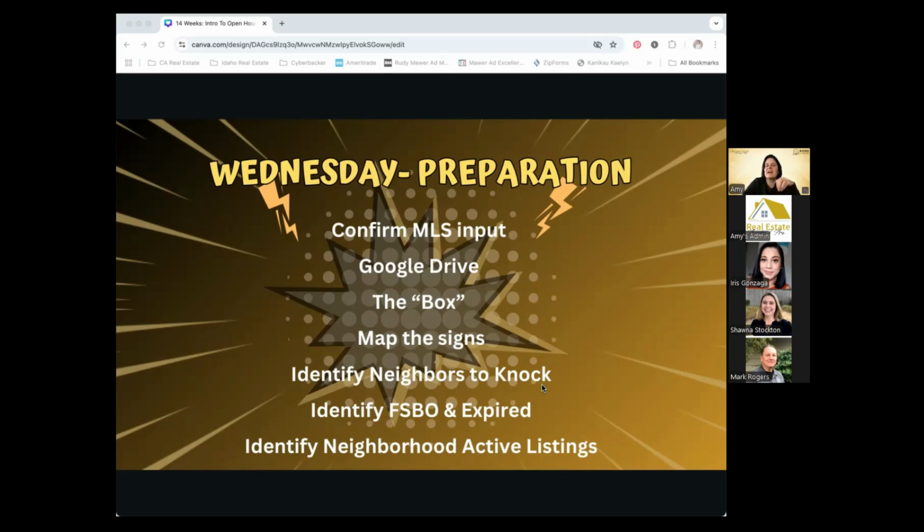Okay, in addition to that, make sure all your signs match, and branded signs are the best, because what happens on a Saturday is you go to place your open house sign on the corner, and there's 5 other open house signs there. And now all of a sudden, if we have generic open house signs that match everybody else's generic open house signs, now my people that were coming to my open house have gotten lost and they don't know which way to turn or which sign to follow. So if we make sure our signs are consistent, they look the same throughout, then it makes it easier to find them. Okay, now